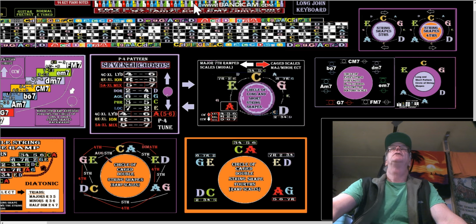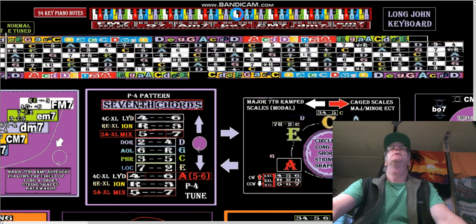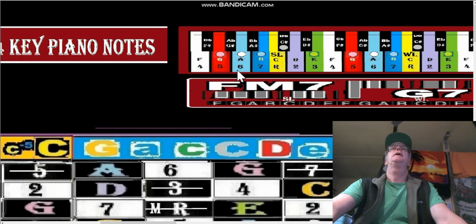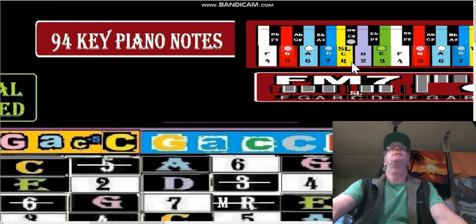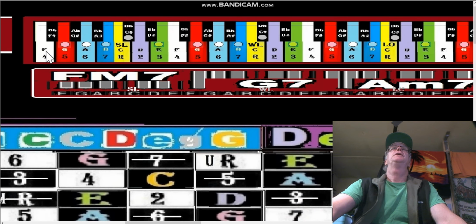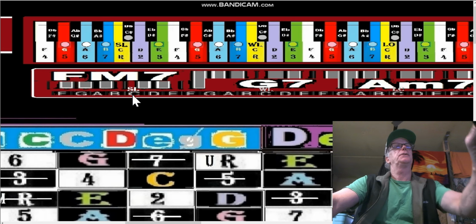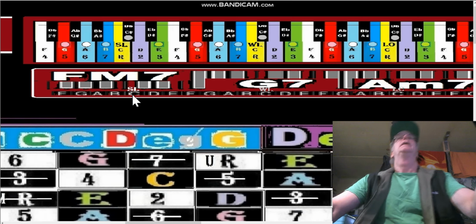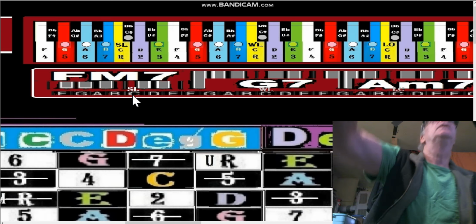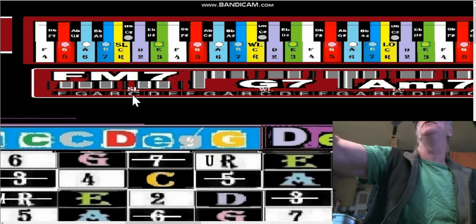We have the Long John keyboard up here in case we want to look at it. Let's check the resolution on that. We can zoom way up there, and yeah, we can still see the 94 key piano notes starting way down here on super low C down here. So here's C, here's low C, here's ultra low C, and then if I go into transpose mode, I can go